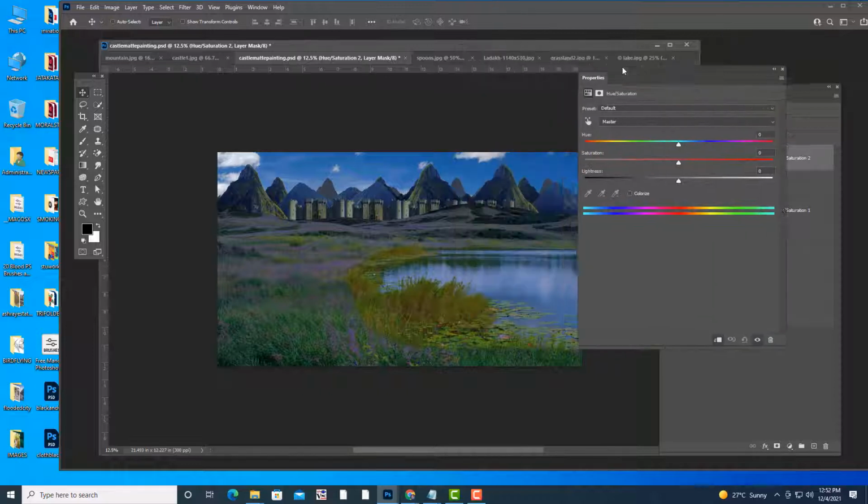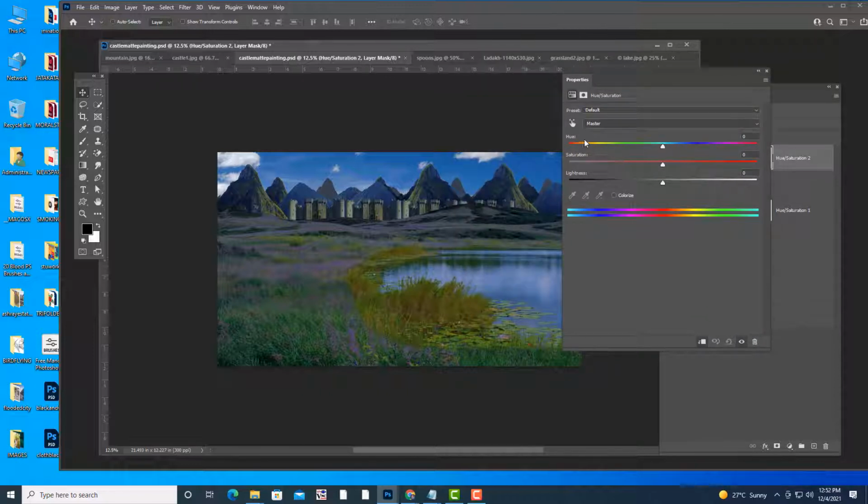Okay, all right. So next thing is, see, we will actually pick this yellow color. How to pick the yellow color? See, just click here. Okay, see here you will get the yellows. So now we will turn that yellows into green. So how we can do that? See, simply try to move this point. If you move it to the left, it is becoming dark. So we'll move it to the side. See, now it has become green.